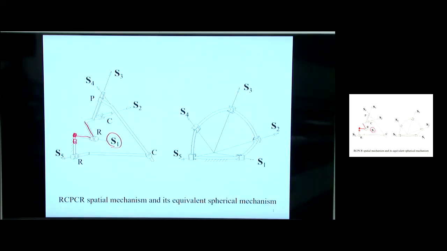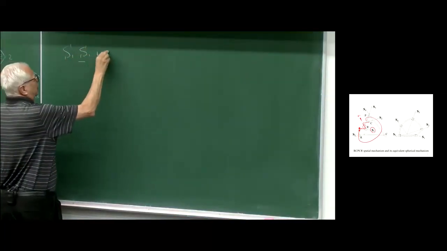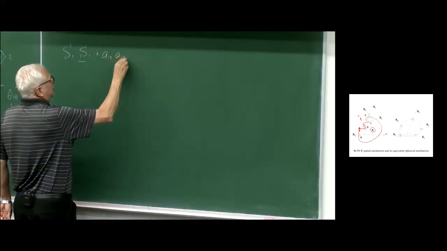The distance, I'm going to say that's A12. I didn't label it, but that distance along the A12 vector. I'm going to walk all the way around the mechanism and come back to where we started, and we're going to equal the 0 vector. So if we write that down, I'm going to have the S1 distance times the S1 vector plus the A12 distance times that vector,